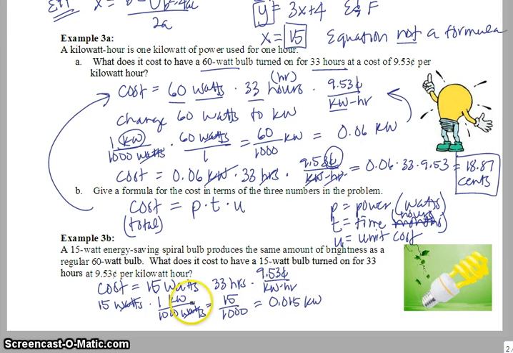We need to do that conversion again from watts to kilowatts, so we do 15 divided by 1,000 to get 0.015 kilowatts. So our cost is going to be 0.015 kilowatts times 33 hours times 9.53 cents per kilowatt hour. Our units will cancel and we're left with cents, and we have 4.72 cents. It is much cheaper to use a 15 watt